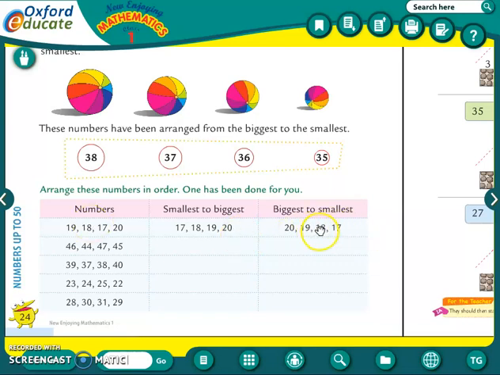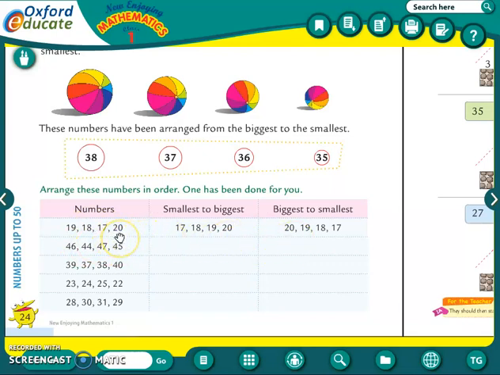Now this is just the opposite, the ulta of this. ये इसका उल्टा है. Smallest to biggest में हम smallest number पहले लिखेंगे, फिर biggest number में जाएंगे. यहाँ पे पहले हम biggest number लिखेंगे. यहाँ पे जो bigger ball है सबसे पहले वो आएगा, तो biggest number पहले and then फिर last में smallest number. So here what we will do, which is the biggest number over here? See, 20. So we will write 20.